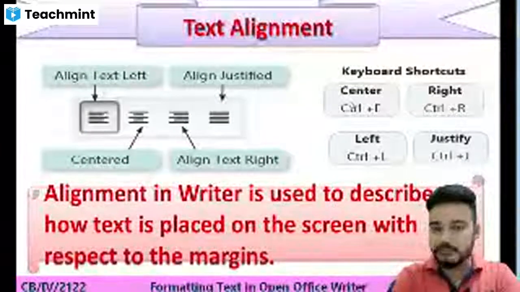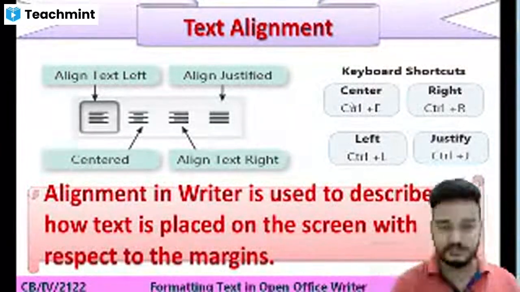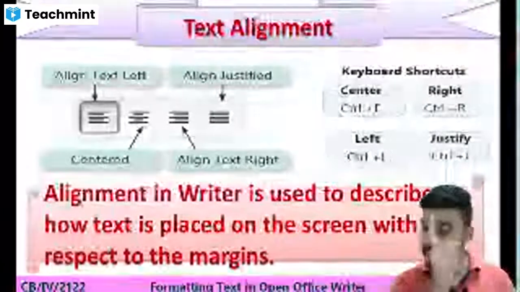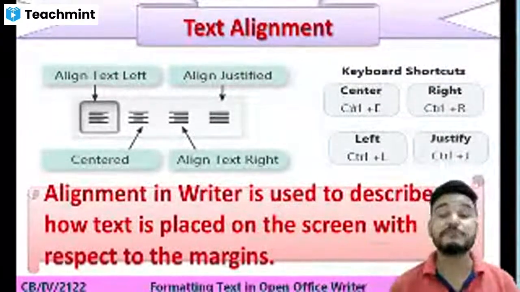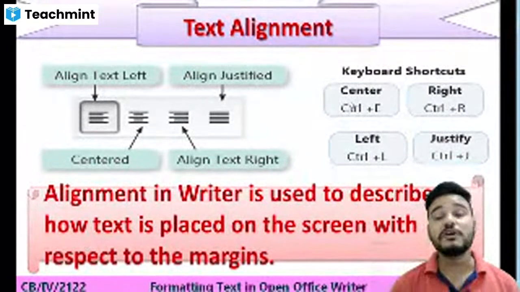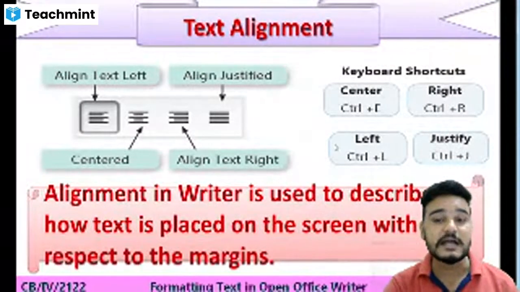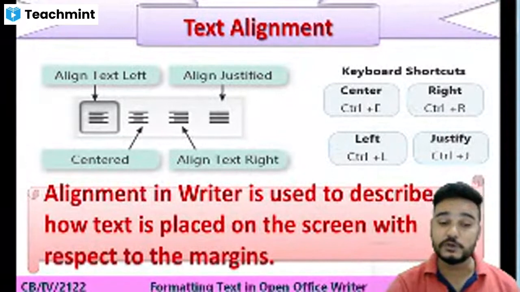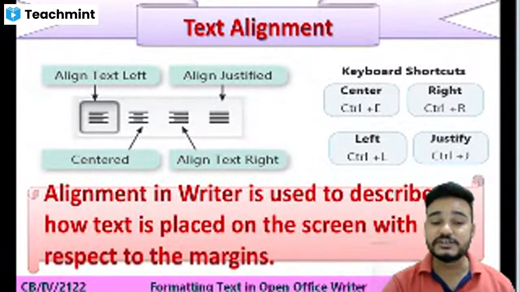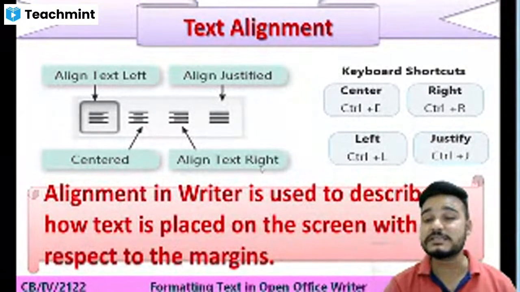For center alignment we have Control plus E. For right alignment we have Control plus R. Remember the shortcuts, this may come in your MCQ questions. For center it is Control plus E, for right it is Control plus R, for left it is Control plus L, and for